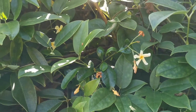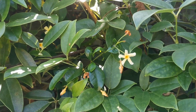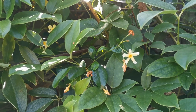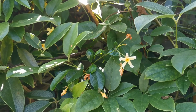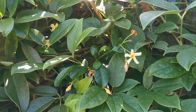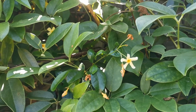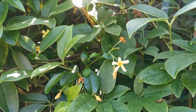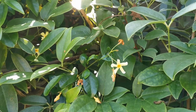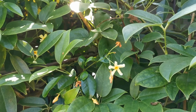It's very distantly related to jasmine, and is quite closely related to periwinkles, oleanders, and plumerias, but most of all to another plant that is very common in southern Europe, the dogbane of the genus Apocynum. Indeed, it belongs to the same tribe, Apocyneae, and the dogbane is very famous for being a very toxic